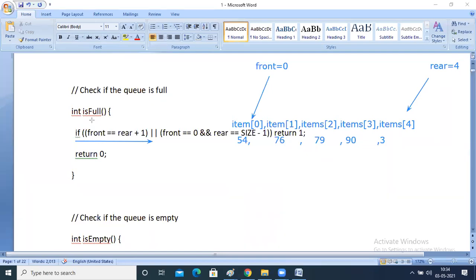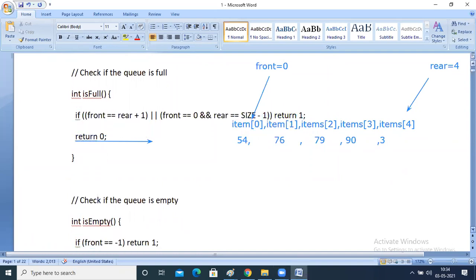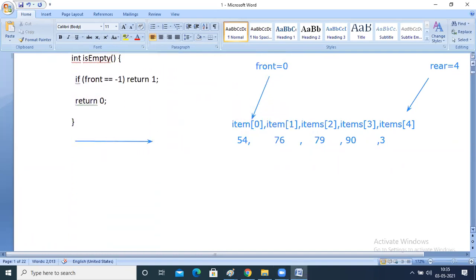This step will not be there in a linear queue. Okay, that you have to understand. Now the next step will be the same. Is empty, you have understood.